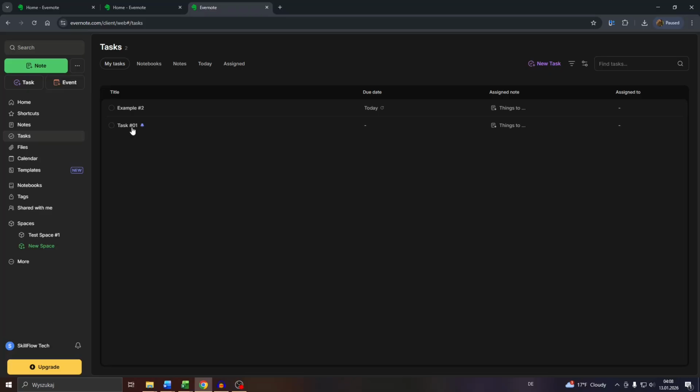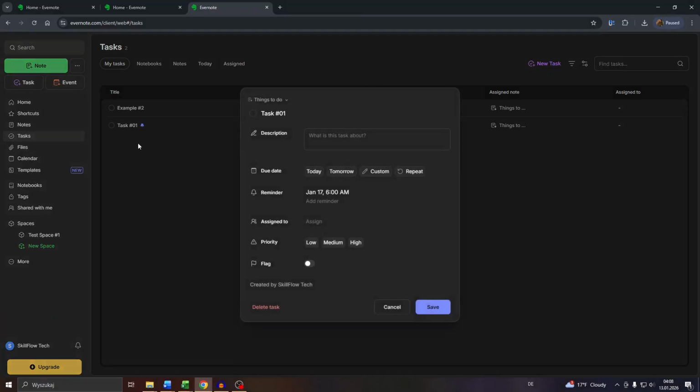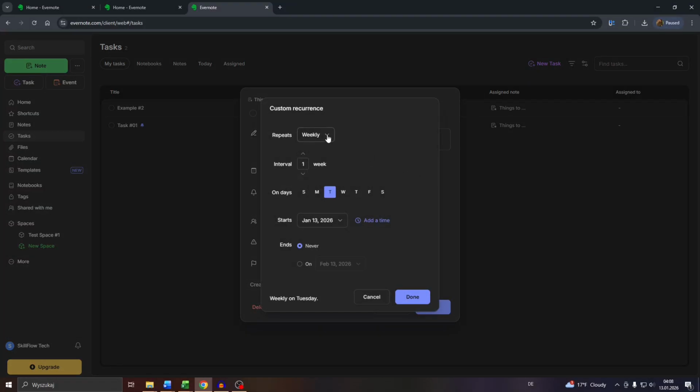To do that, click into it. And here next to due date, you will see that repeat button. Click into it. And next, simply customize the